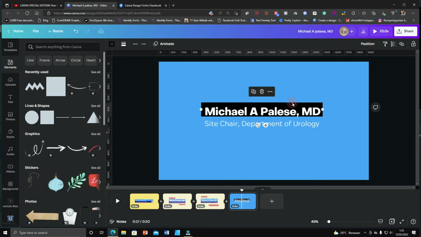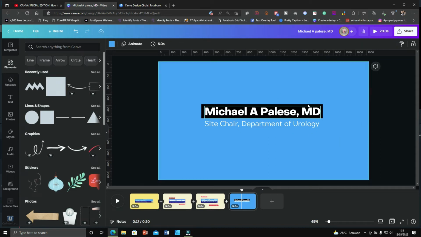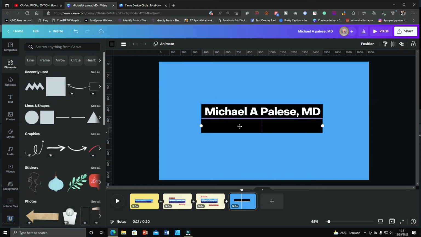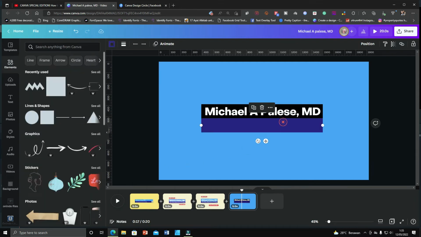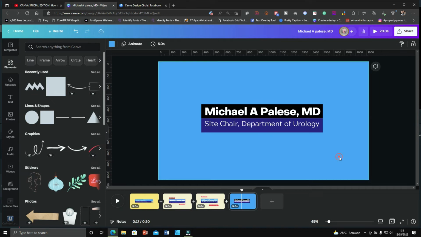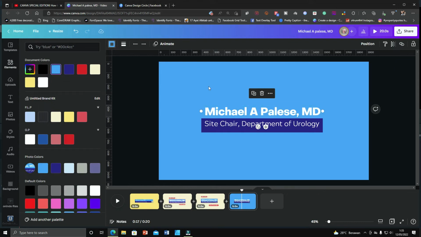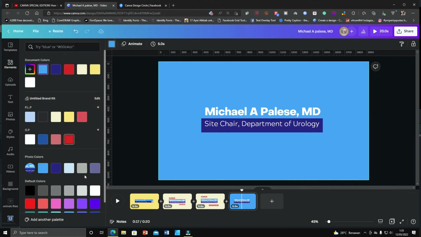Alright, so you can adjust here the position of these, and after that you just copy paste the other one. Okay, now it's time to change the color, become dark blue, and then put the position all the way back, and then this one is a light blue, so you can change the color. Now we need to change the background color so that we can see the result of this